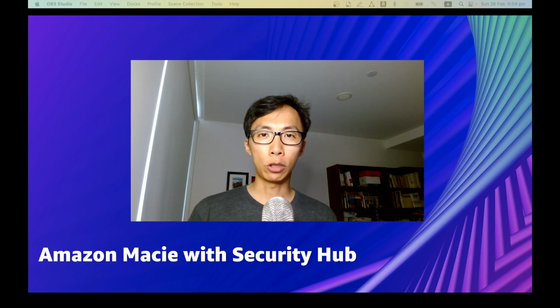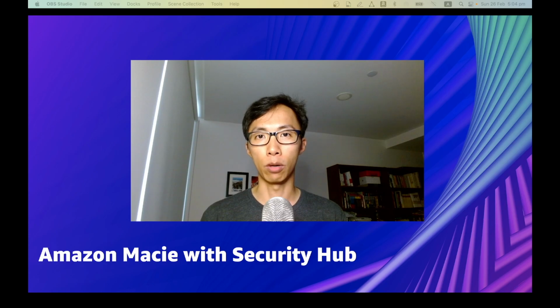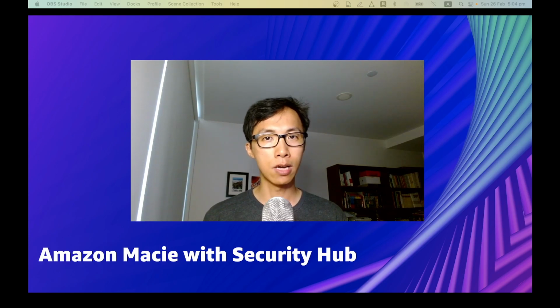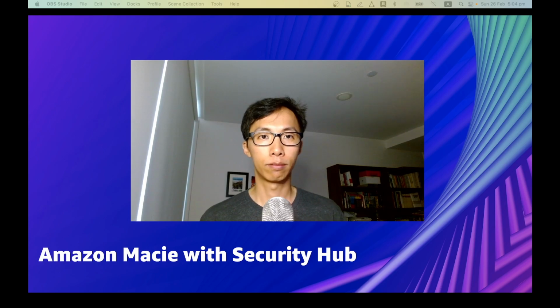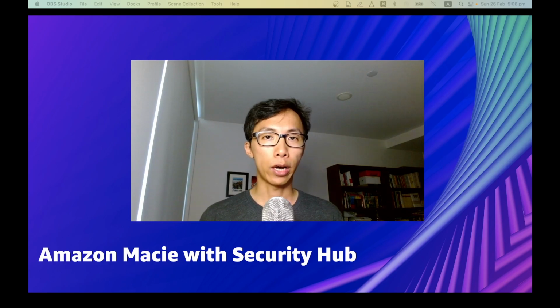In this video, I'll be talking about how you can use Amazon Security Hub alongside Amazon Macie to identify and visualize potential risks against your S3 buckets, and also how you can take actions proactively to remediate that. This is the part 2 video around how you can use Amazon Macie to detect attacks against your S3 buckets. If you haven't watched part 1, you can click the link down here,